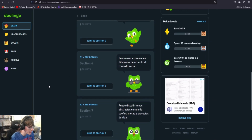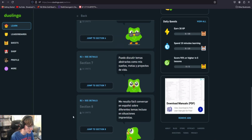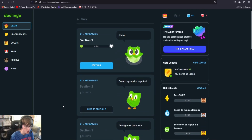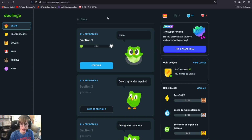And here we have even more sections than the Japanese course. There are 8 sections here, not including the daily refresh that you do after you complete the course. And in total, across these 8 sections are 286 units. I counted it. So that's even more than the Japanese course. And Japanese, again, is also an extremely popular language to learn. So we can see that the more popular languages on Duolingo have between 200 and 300 units, basically. And the Chinese course is...